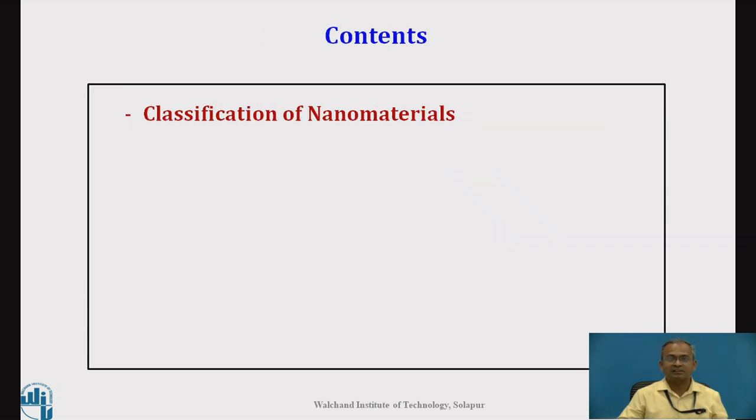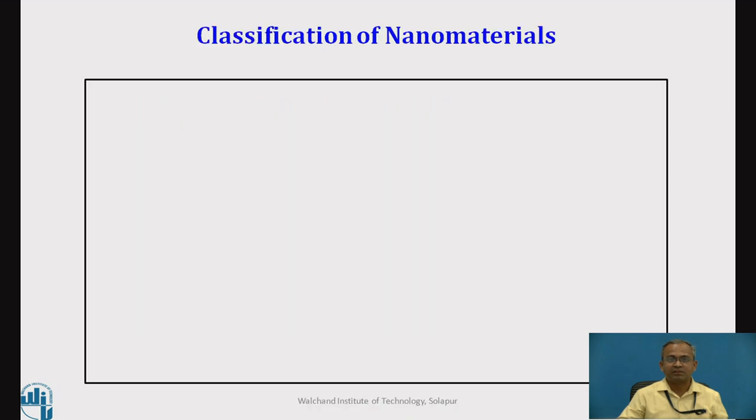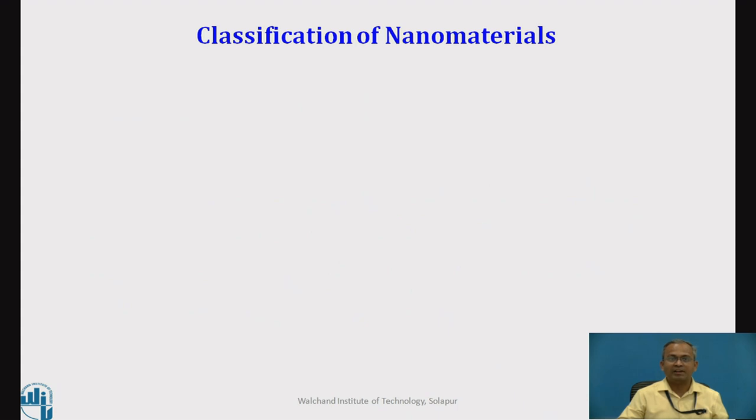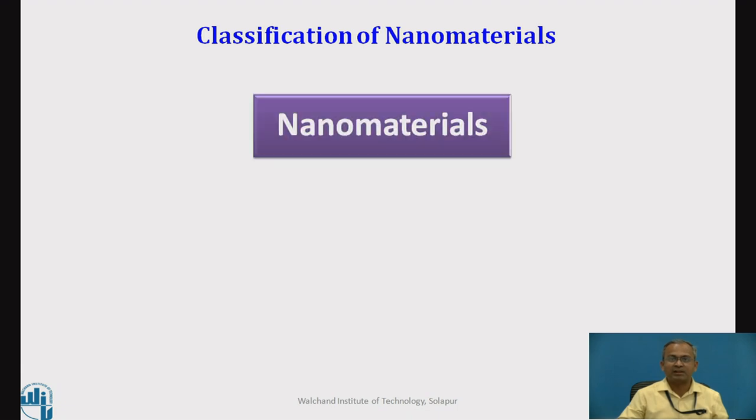These are the contents of this video lecture. Classification of nanomaterials. Students, can you recall what are nanomaterials? Yes, nanomaterials could be defined as those materials which have structured components with size less than 100 nanometer at least in one dimension. Now, based on how many dimensions of the structured components are less than 100 nanometer, the nanomaterials are classified into four different categories: